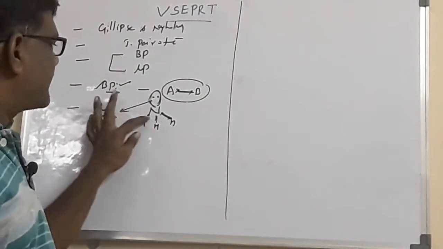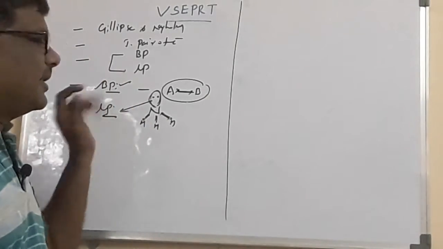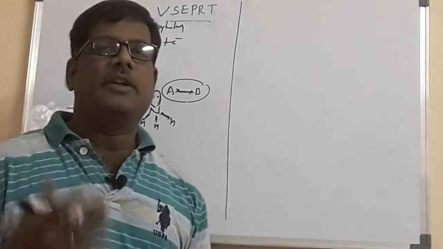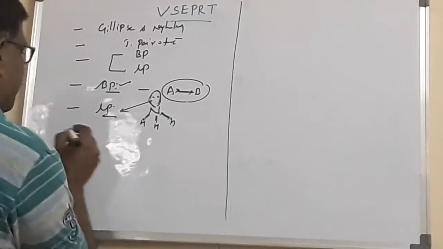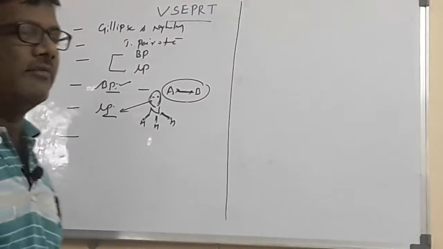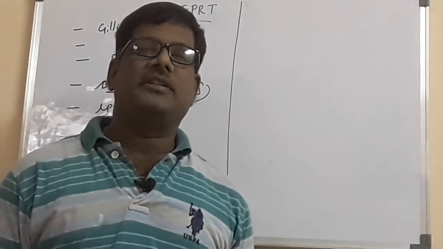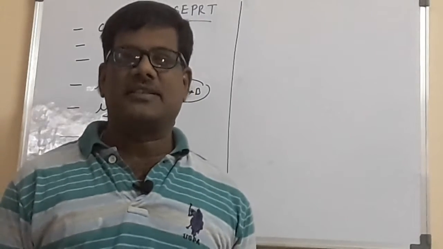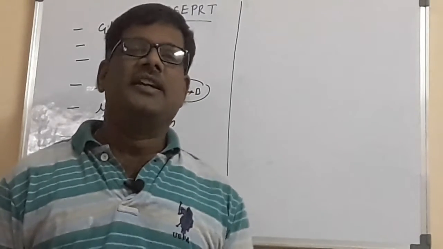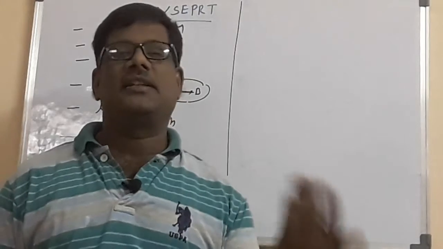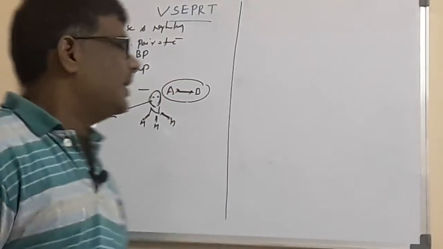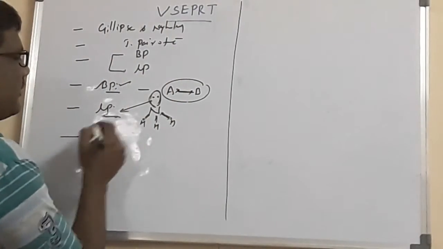Whenever you know the lone pairs and the bond pairs, we can predict the shape of the molecule. Now we will take the third one, the order of the repulsion. If lone pairs are present, repulsion takes place. Due to the repulsion, distortion takes place, and ultimately the shape will change. That's why the lone pair plays an important role.